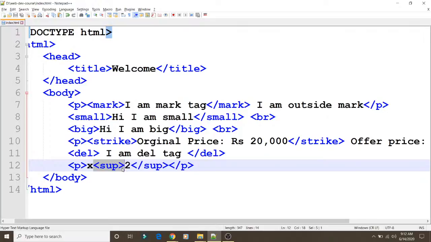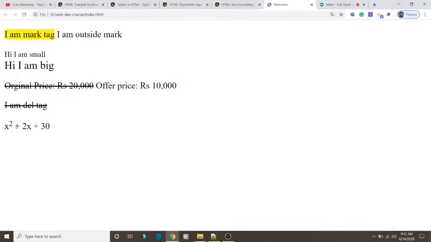In a similar way, suppose you want to write plus 2x plus 30, suppose this is the mathematical equation which you want to write. So you can see over here x square plus 2x plus 30.